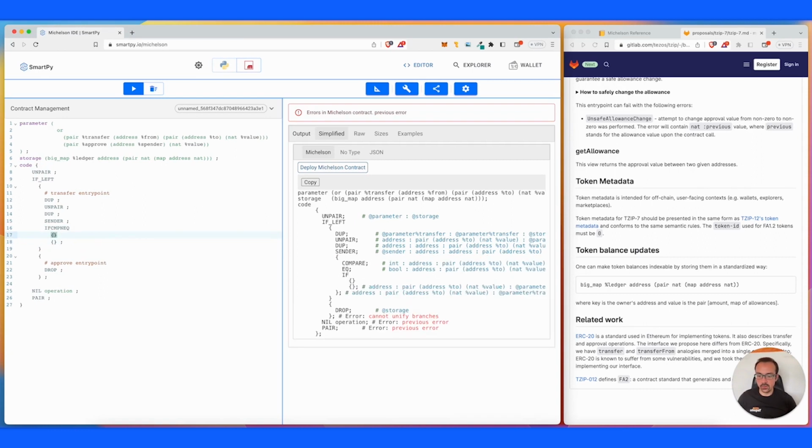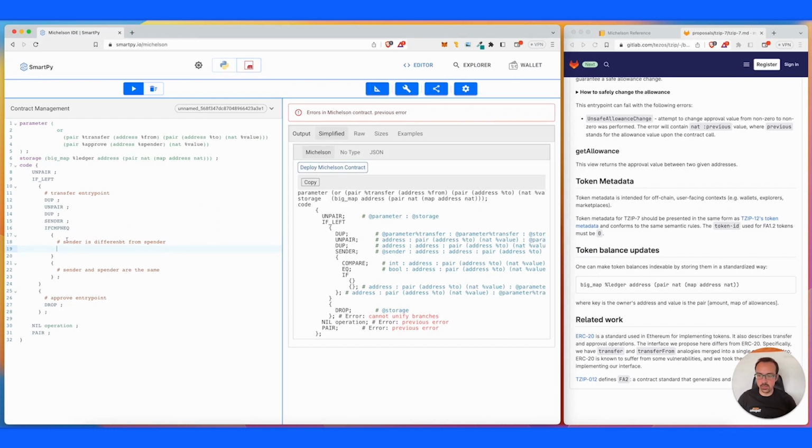If they are not the same, here in this case the sender is different from the spender. In this case, sender and spender are the same. Okay. So in the second case, it's going to be pretty easy. So we are going to deal with this case first, when the sender is going to be different from the